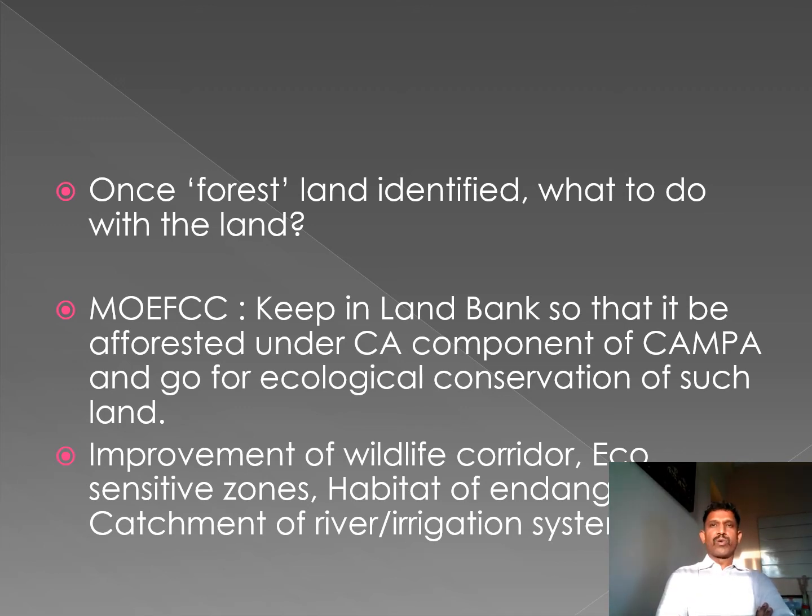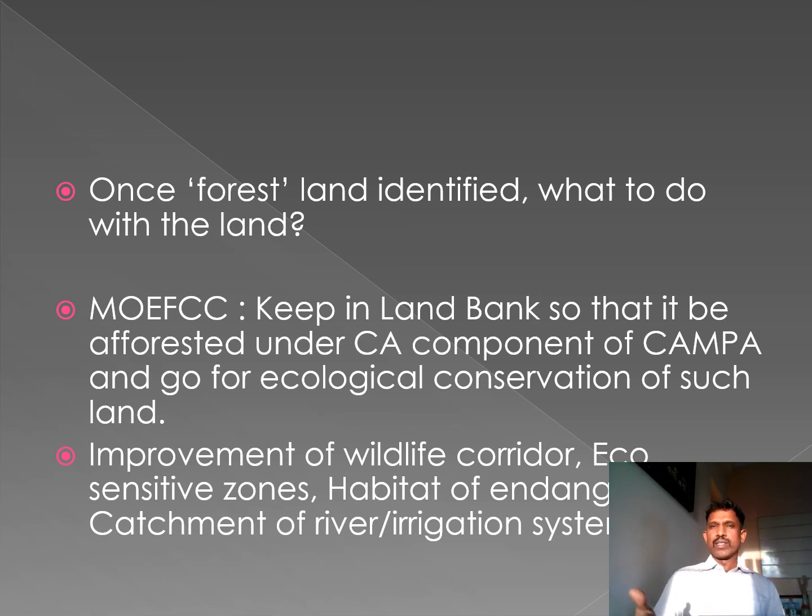If it is still having forest, that is good. If it is not having forest, if it is empty, if it is degraded, what is the point of just not allowing it to be diverted? So the MOEFCC came up with a nice idea of land bank and said, you survey, and whenever you find a degraded forest land, put it in the land bank so that under the Compensatory Afforestation component of CAMPA, that is Compensatory Afforestation Fund Management and Planning Authority,